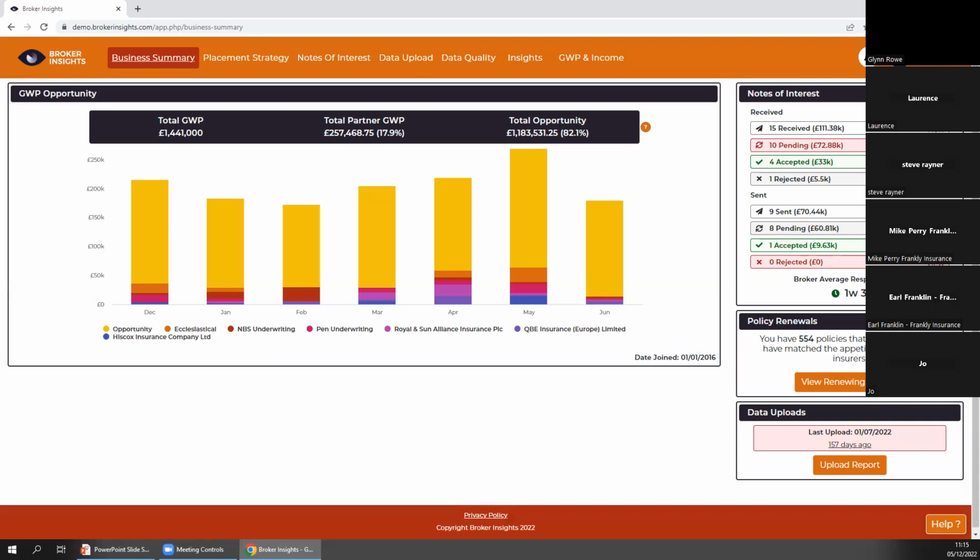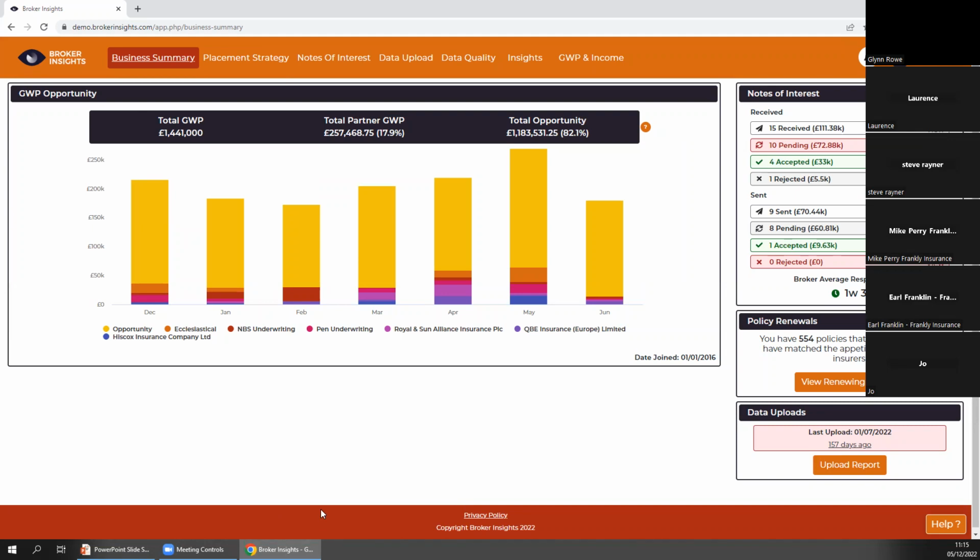One quick caveat before I start: I'm logged in as a broker demo. So this is my demo site. What I normally do when I'm talking about training is show live data. As there's a collective group of brokers on this call, from different businesses, we can't show one person's live data. It wouldn't be fair to that person. So unfortunately, this is my demo site. This is all dummy information, but it has all the functionality that you would have, and I can show you how it all works. As a caveat, the data within my demo site is probably a few months out of date.